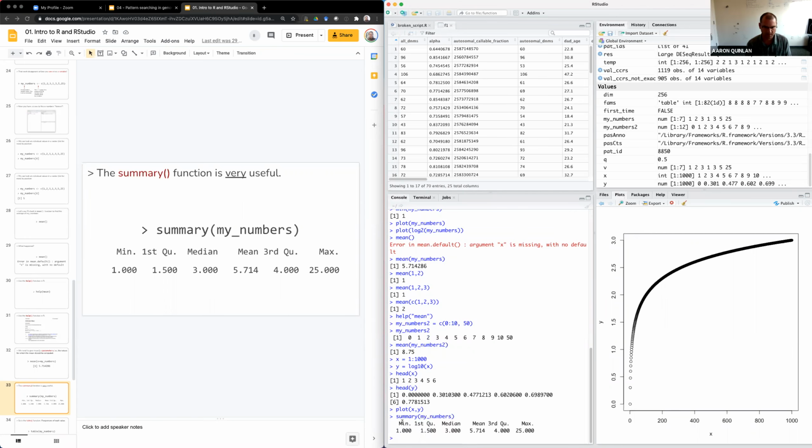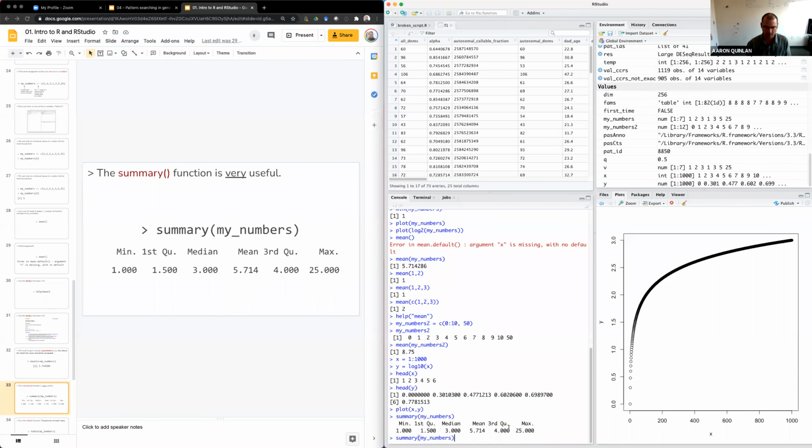So it tells us the minimum, the max, the mean, the median, the 25th percentile and the 75th percentile. You would have to run 5 or 6 different commands to get each of those. Not only that, you'd have to remember what those commands are. The beauty of summary is you just have to remember one function name and it gives you all this information